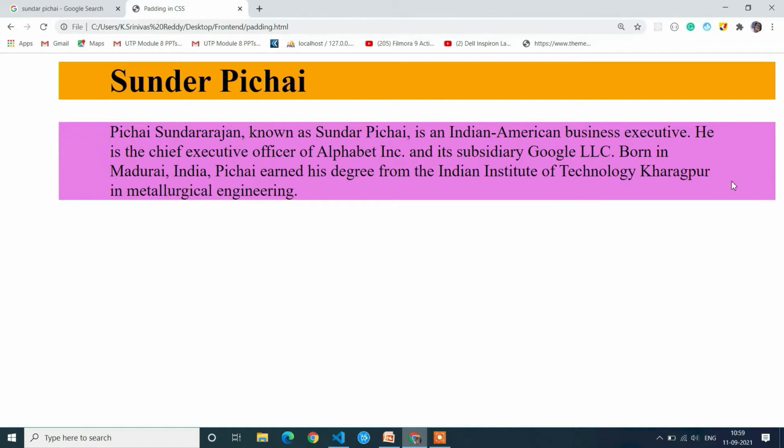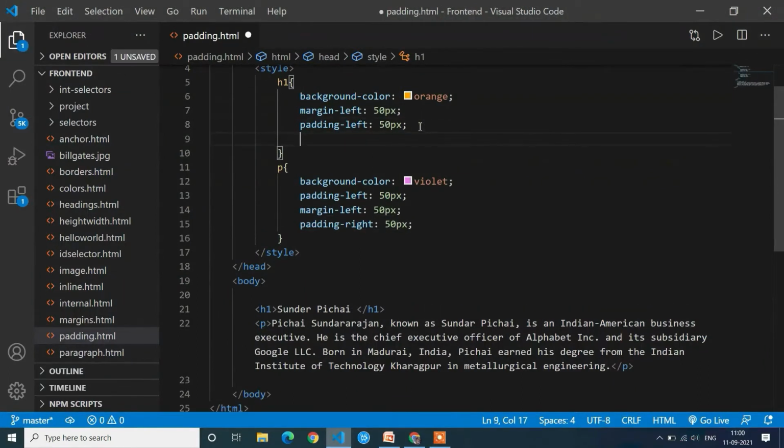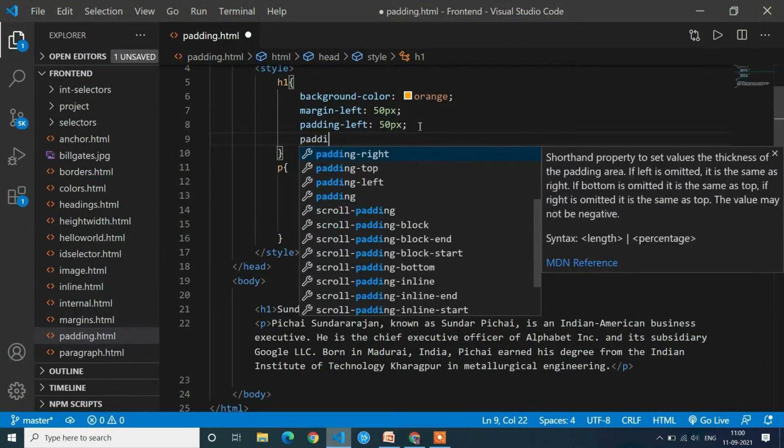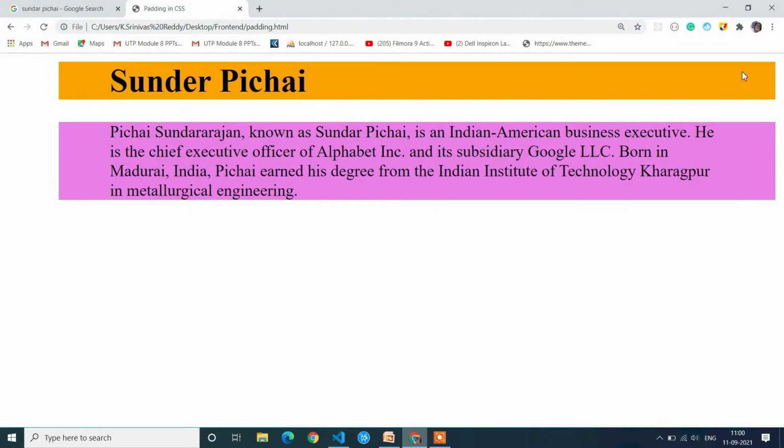Suppose if you apply padding right to the H1 text, you can see no change because here there is no text. That's why you can observe no change. So for your understanding, you apply the padding right also. Padding right 50 px, but there will be no change. Here you can see there is no change, padding right for the H1, because there is no text here. If you have text only, you can observe the padding, but you can observe the margin without the text also,